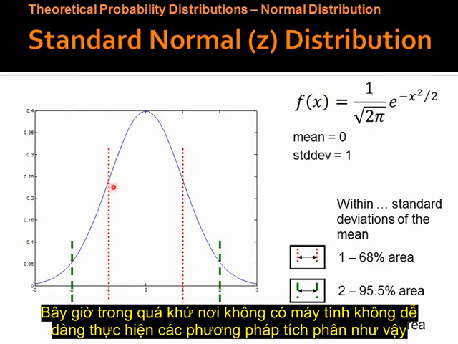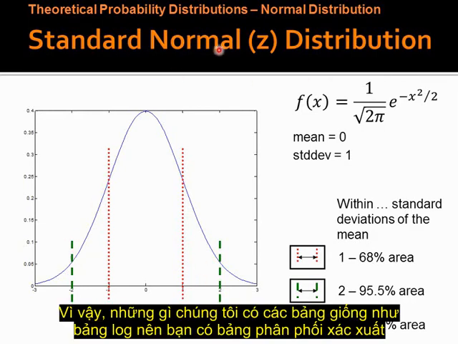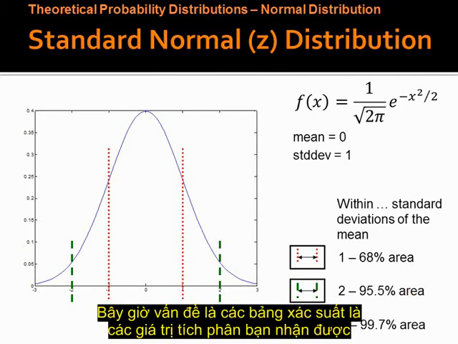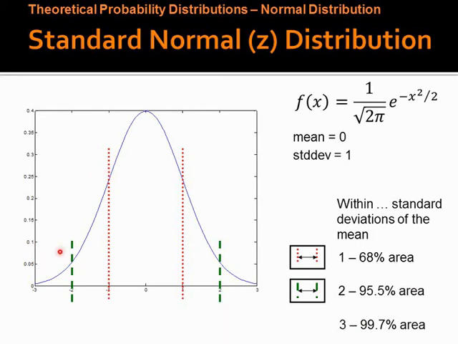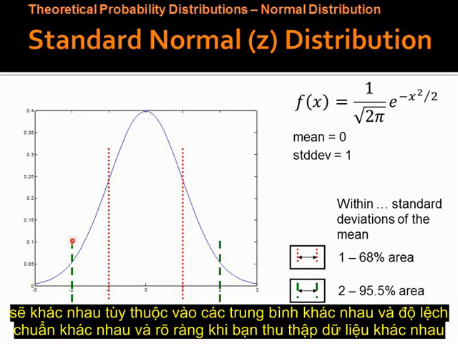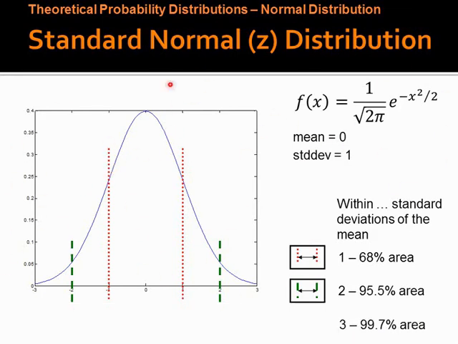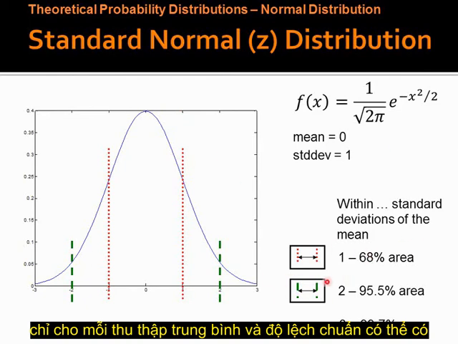Now, in the past when there were no computers, it was not easy to do such integration. So what did we have? We had tables, just like the log tables you have. So you have distribution probability tables as well. The problem with these probability tables is that the integration values would differ depending on different means and different standard deviations. And obviously, when you collect different data, they will have different means and different standard deviations. So it was not possible to generate so many varieties of tables for every possible collection of mean